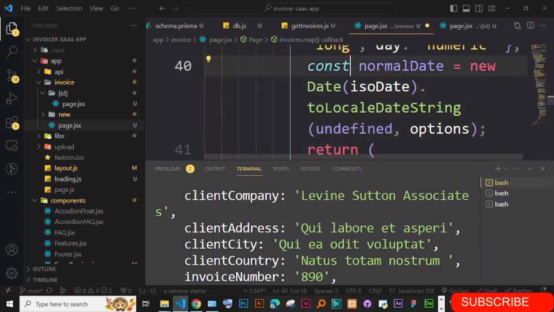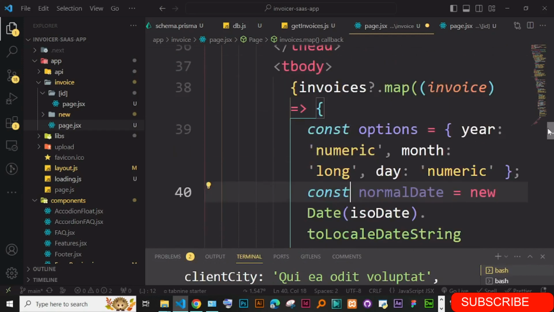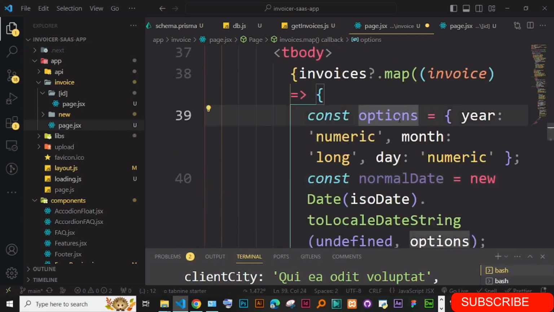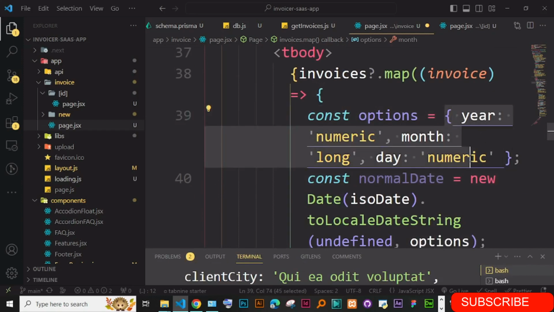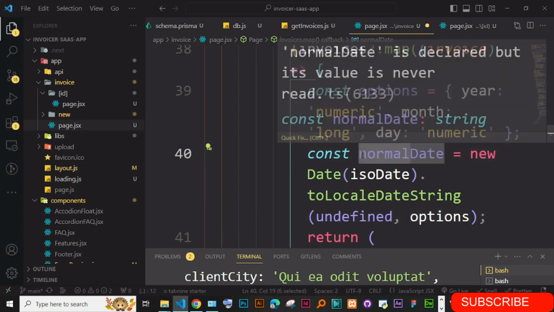Can I reduce this so you guys can look properly? Okay, so now I have these options. I want the date to be of this format, with the year numeric, month long, day numeric, and then you say const invoice date